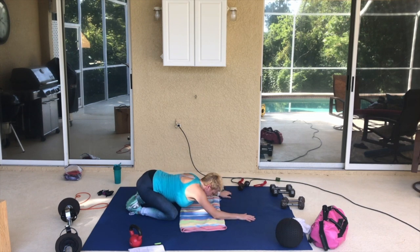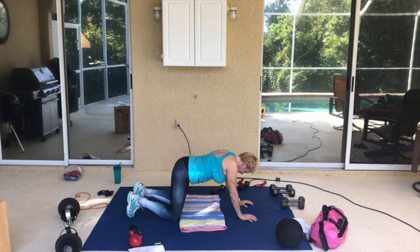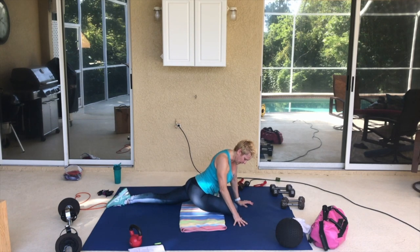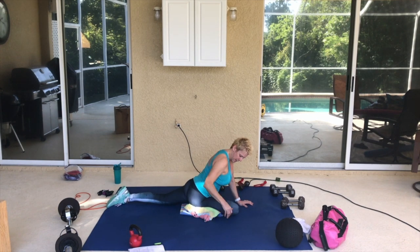Bring it back. You're going to pull up onto the hands and knees. You're going to bring that right leg in to a pigeon pose. Now, you want to stay balanced on that quadricep of that left leg. So, if your right hip is up a little bit, you can bunch up a towel, you can put a